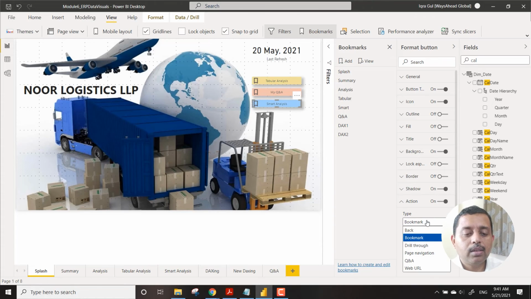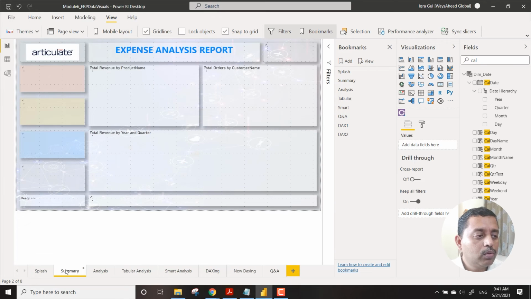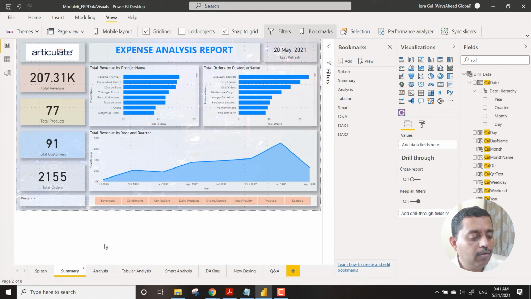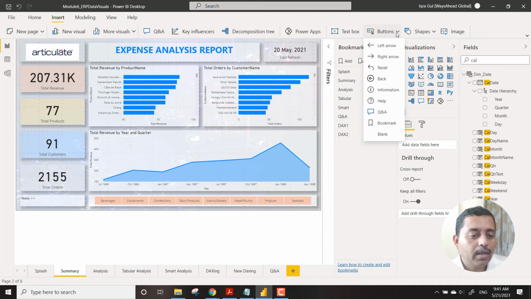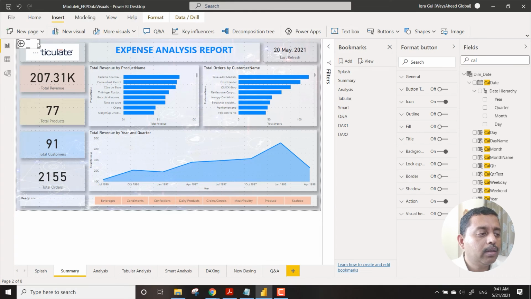Smart analysis, you go to bookmark and say smart. That's it. Now what you need to do is you go to the summary page, and somewhere you have to create a small button, an insert button, and just make something like a back button, very, very small in size.